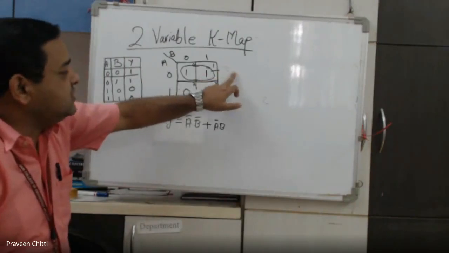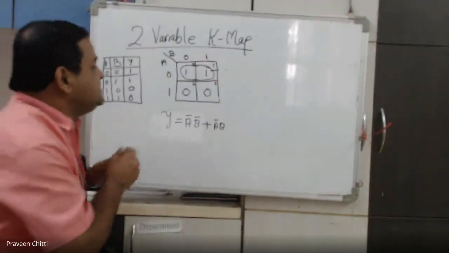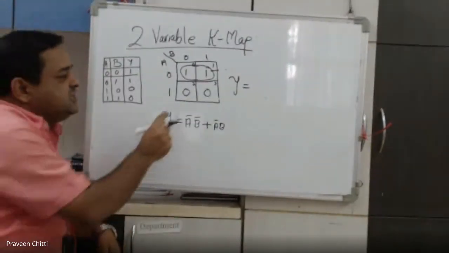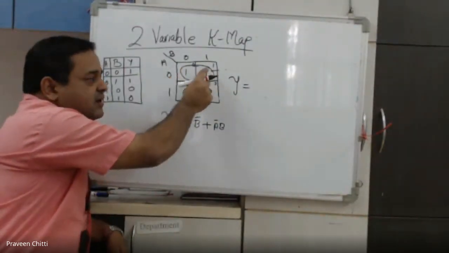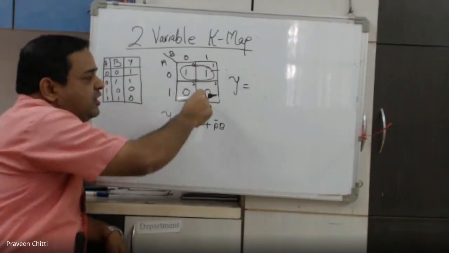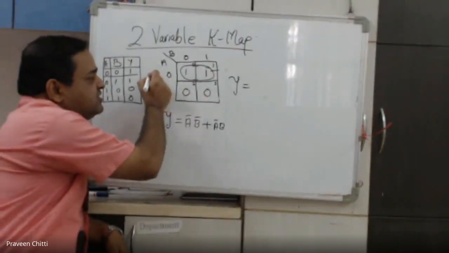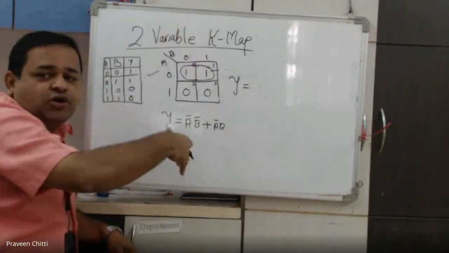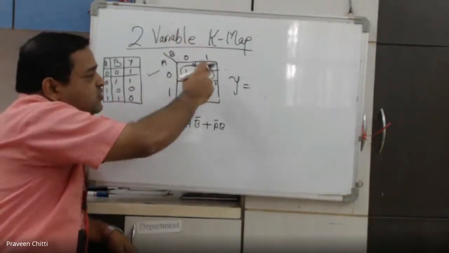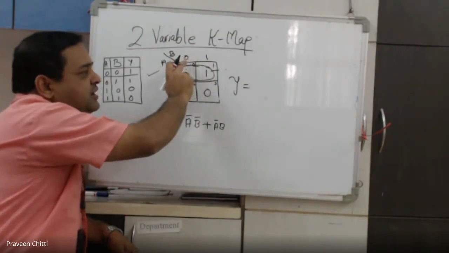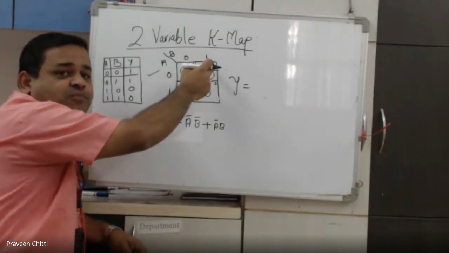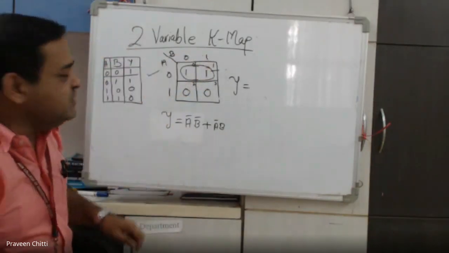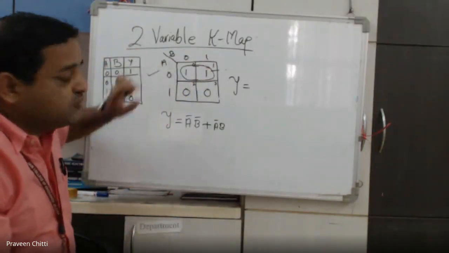Now I want to write the expression from this K-map. How do I write that? Now you should see here. This is the pair. It is covering these 2 columns and therefore this row, the first row, but it is covering both the columns. Since it is covering both the columns, this variable is appearing in complemented form and in uncomplemented form. It is like B bar plus B.